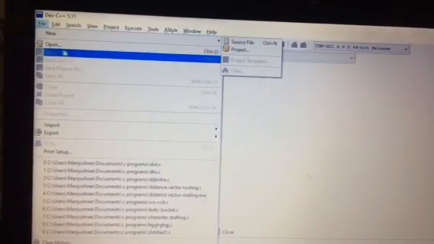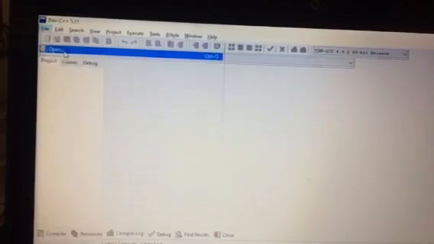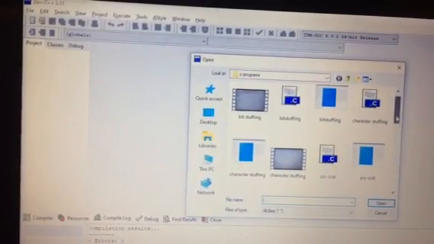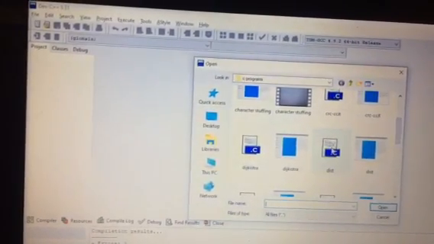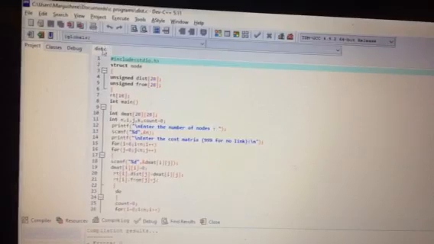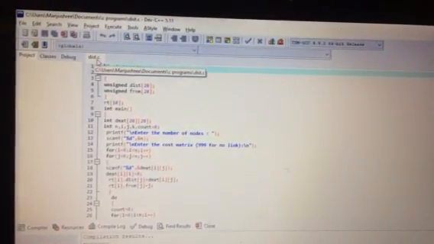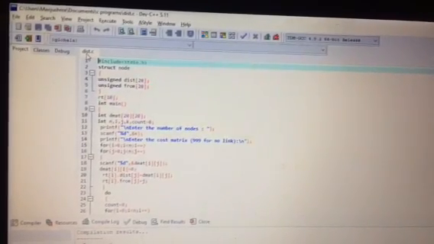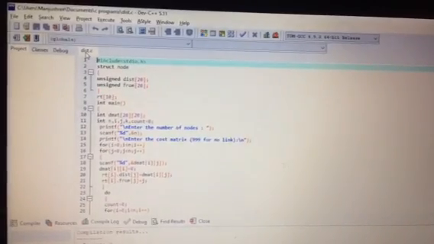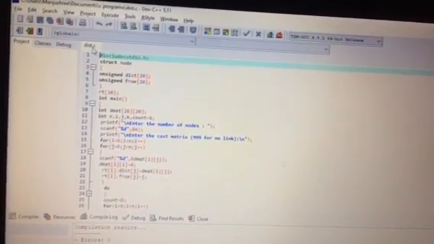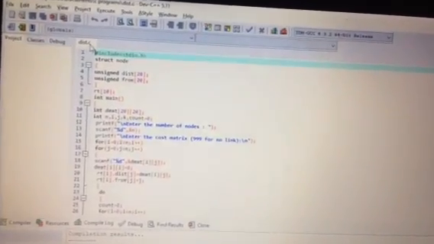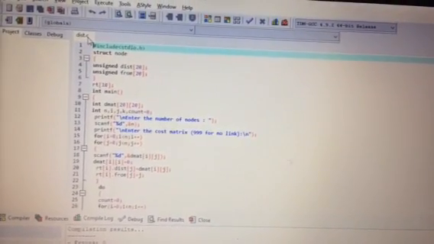Now here, instead of creating a new file, you have to open the file. In the open dialog, I have saved and kept my distance vector routing program, which I typed initially. Now I'm going to open that. The file name can be anything and it can be saved in any path. I have saved it here in the C drive. In the C drive you can create any folder and save it. Remember, one point is you can save with any name but you have to use the .c extension.